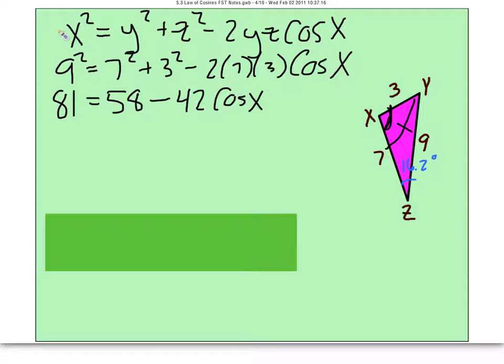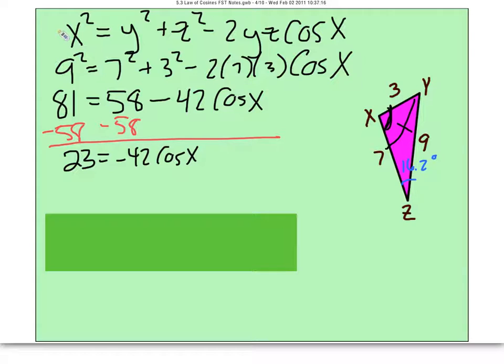Now the only next step we can do, remember, do not bring these together. You're going to want to if you're going too fast. You have to subtract the 58 from both sides. When you do that, you're going to end up getting 23 equals negative 42 cosine of x. To get cosine of x by itself, divide by negative 42. We're going to have the cosine of x is going to be equal to negative